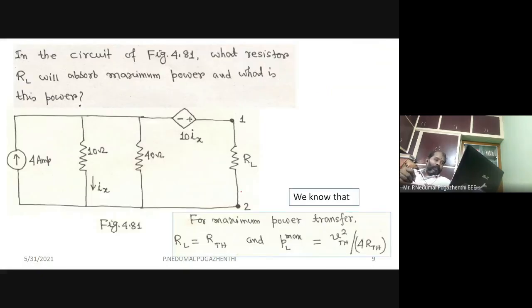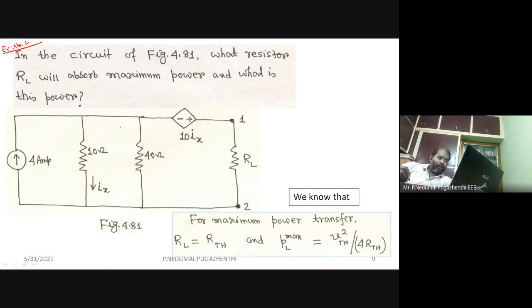As I said, I am introducing a small complication here. It is not actually a complication. The dependent source is being introduced. So I think this also will help you in knowing how we can find RThevenin if a dependent source is provided to you. Again, we can use this particular problem to know that also, because we are going to find RThevenin also, right?